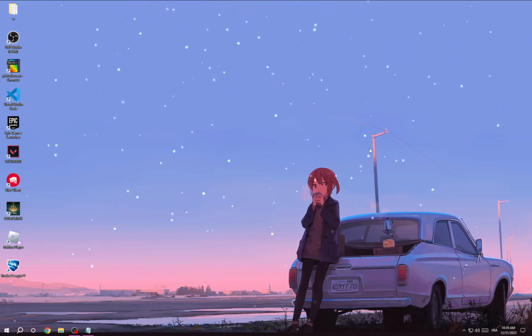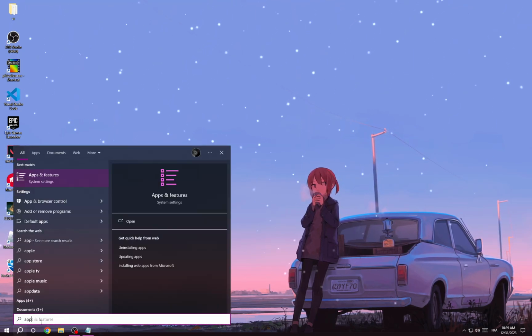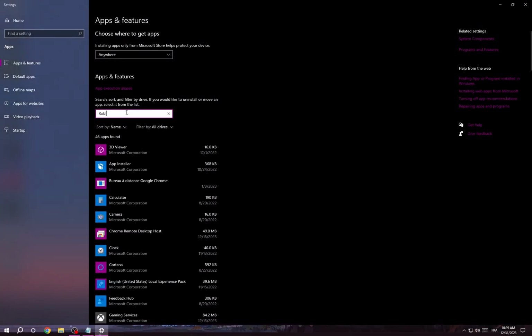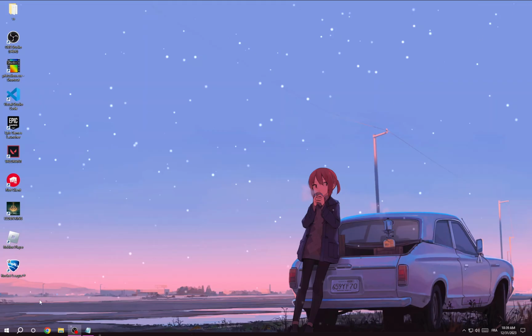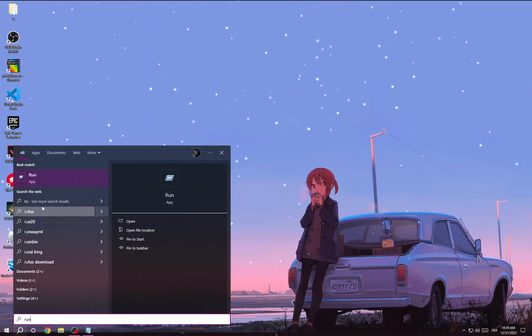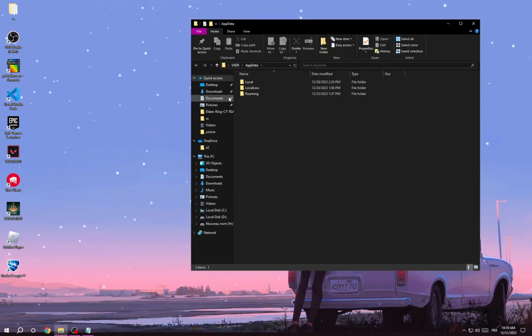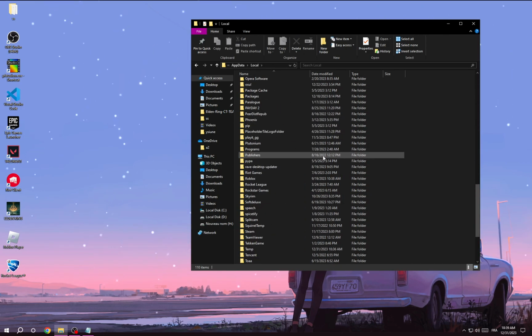And after trying all the easy solutions, the only solution that you have to try is to go here and type Roblox, click on it and uninstall it. After that, go to run and then type app data, click OK, then go to local, scroll down until you find Roblox,